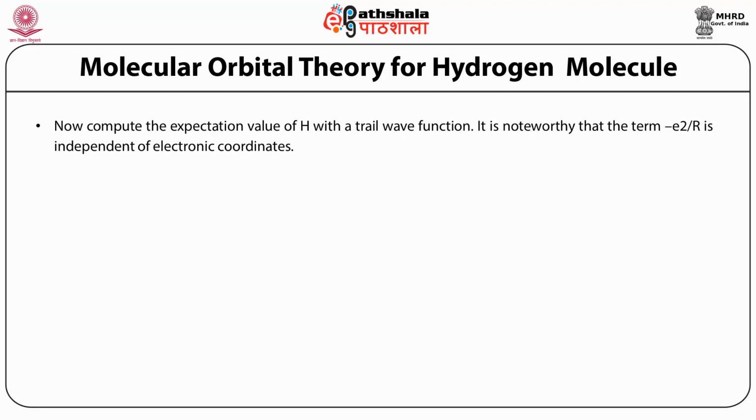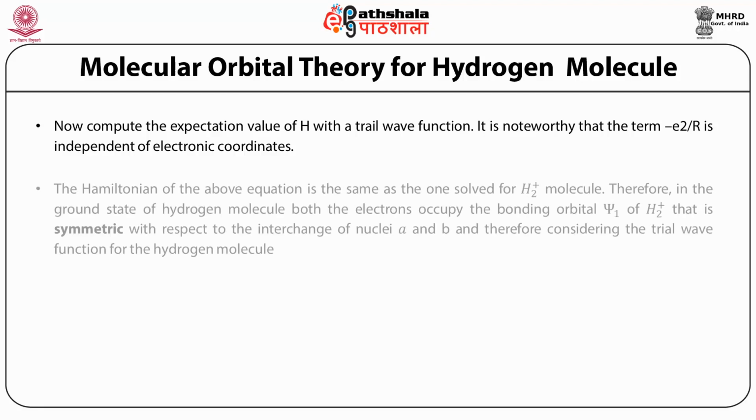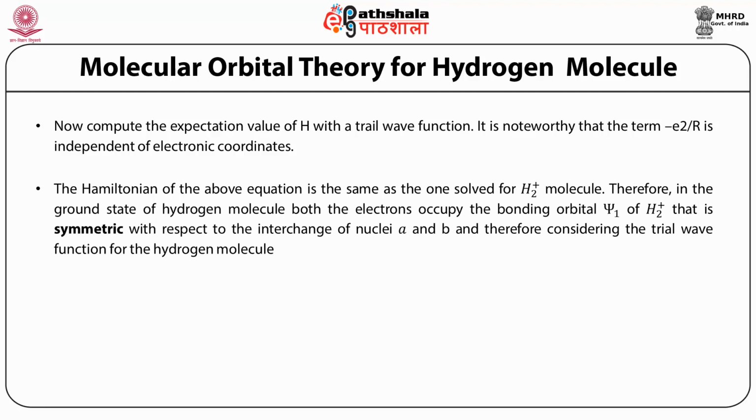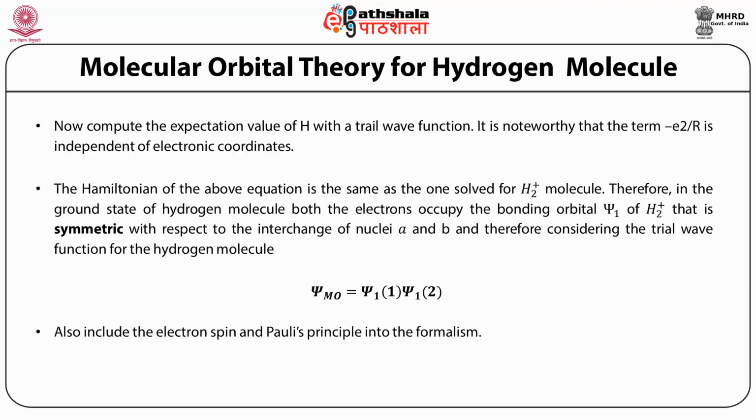Now compute the expectation value of H with the trial wave function. It is noteworthy that the term minus e square upon R is independent of electronic coordinates. The Hamiltonian of the above equation is the same as the one solved for H2 ion molecule. Therefore, in the ground state of hydrogen molecule, both the electrons occupy the bonding orbital psi1, that is symmetric with respect to interchange of nuclei A and B, and therefore considering the trial wave function for the hydrogen molecule, psi MO is equal to psi1(1) psi1(2),